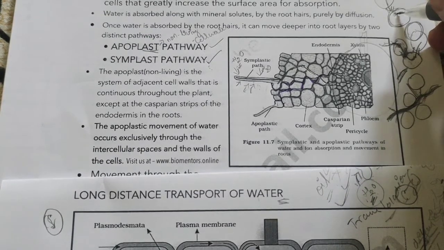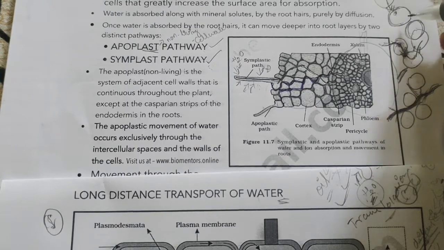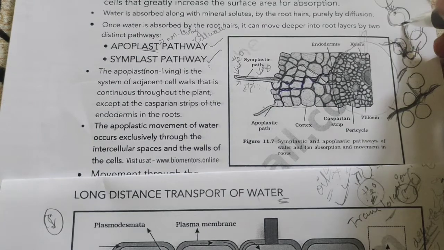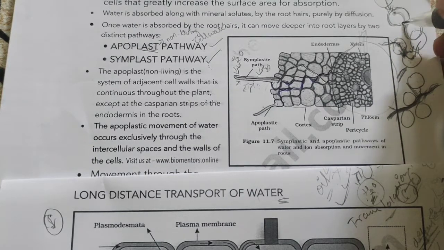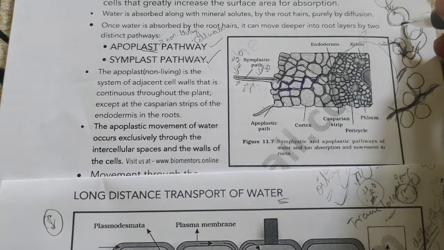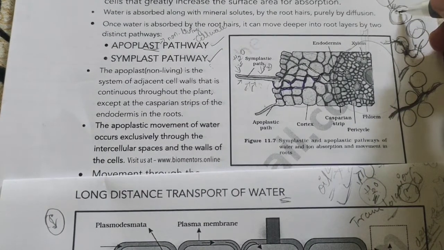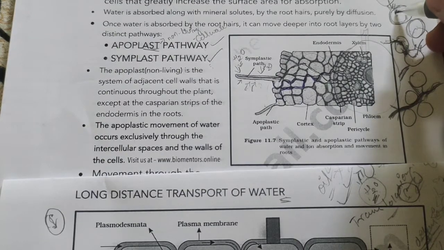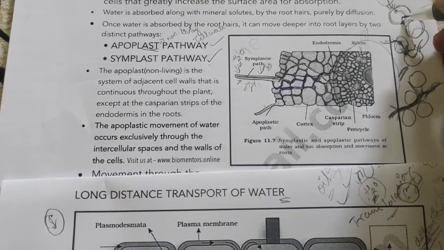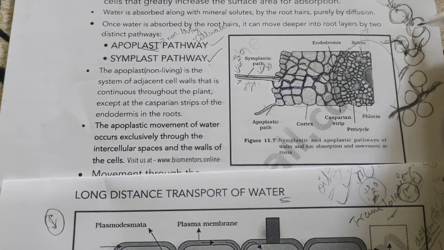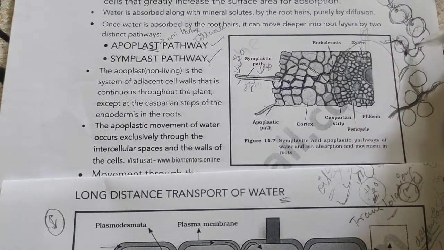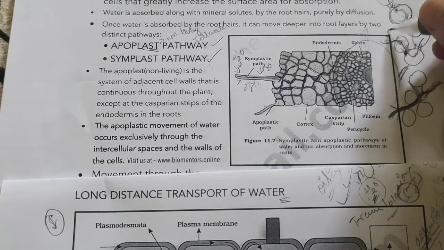What do you mean by cytoplasmic streaming? The word itself is saying the cytoplasm moves from here towards here. So all the cytoplasmic contents will be moving inside the cell, so that water will move from this side of the cell towards this side, and thus through the plasmodesmatal connection, water will enter into the next cell. Like this is how symplastic movement of water occurs.